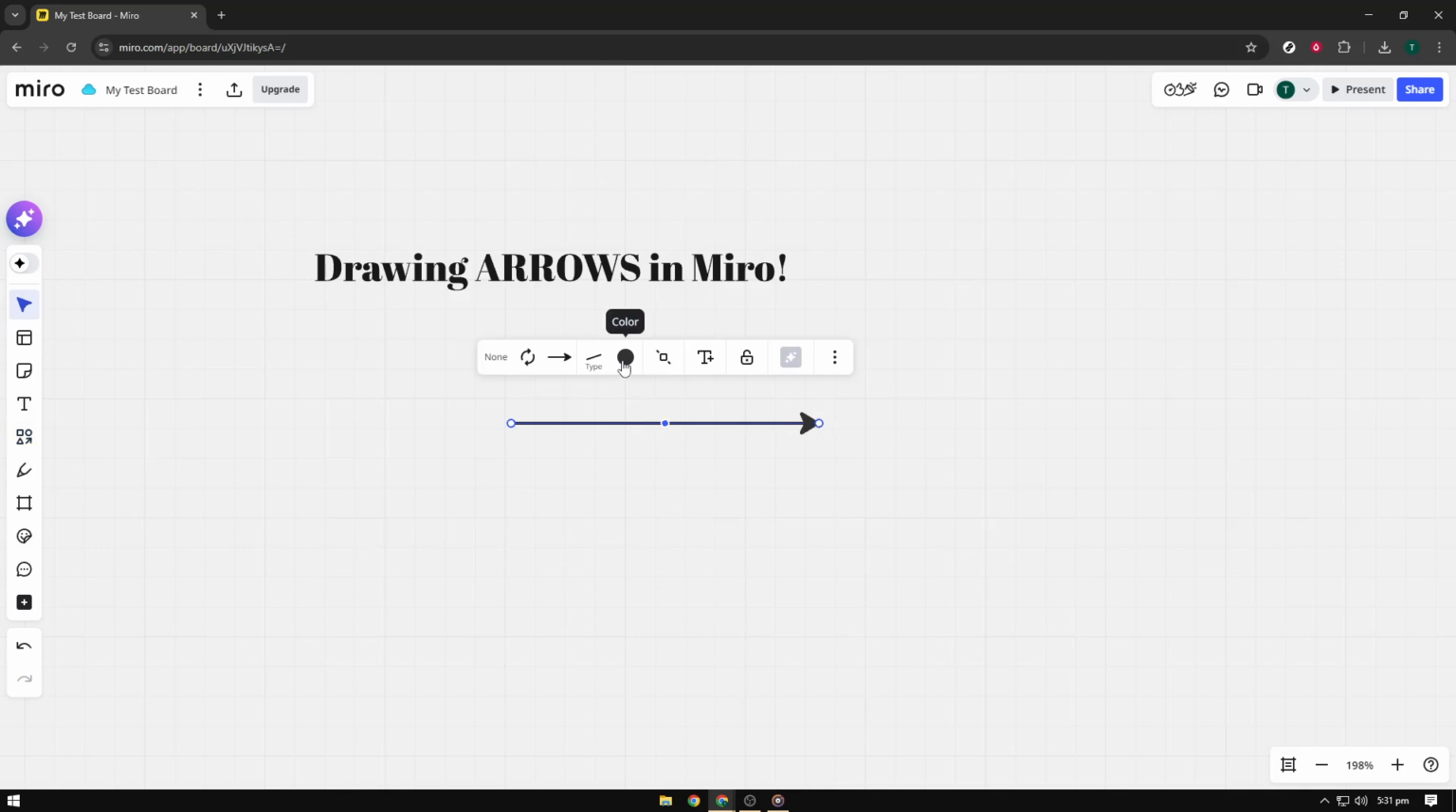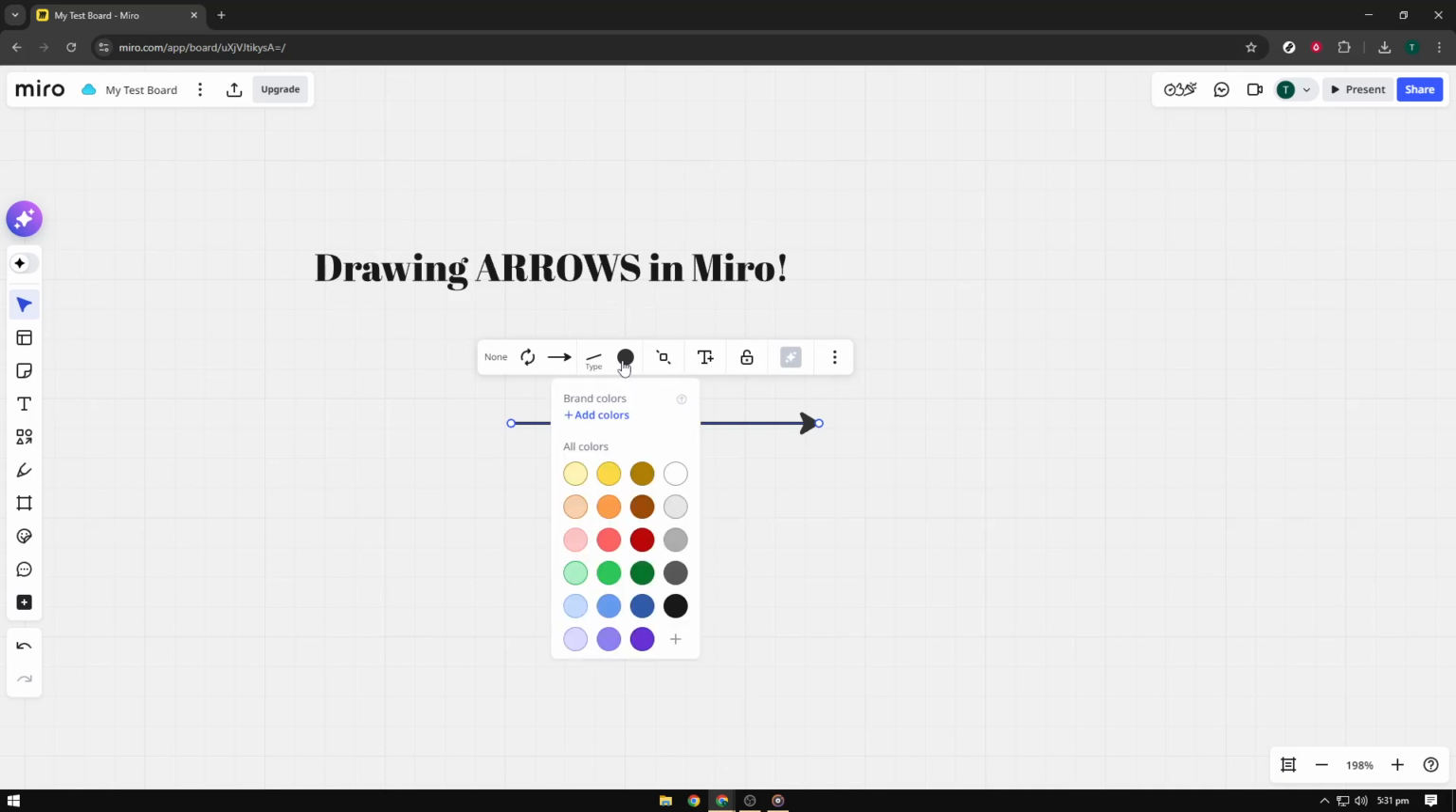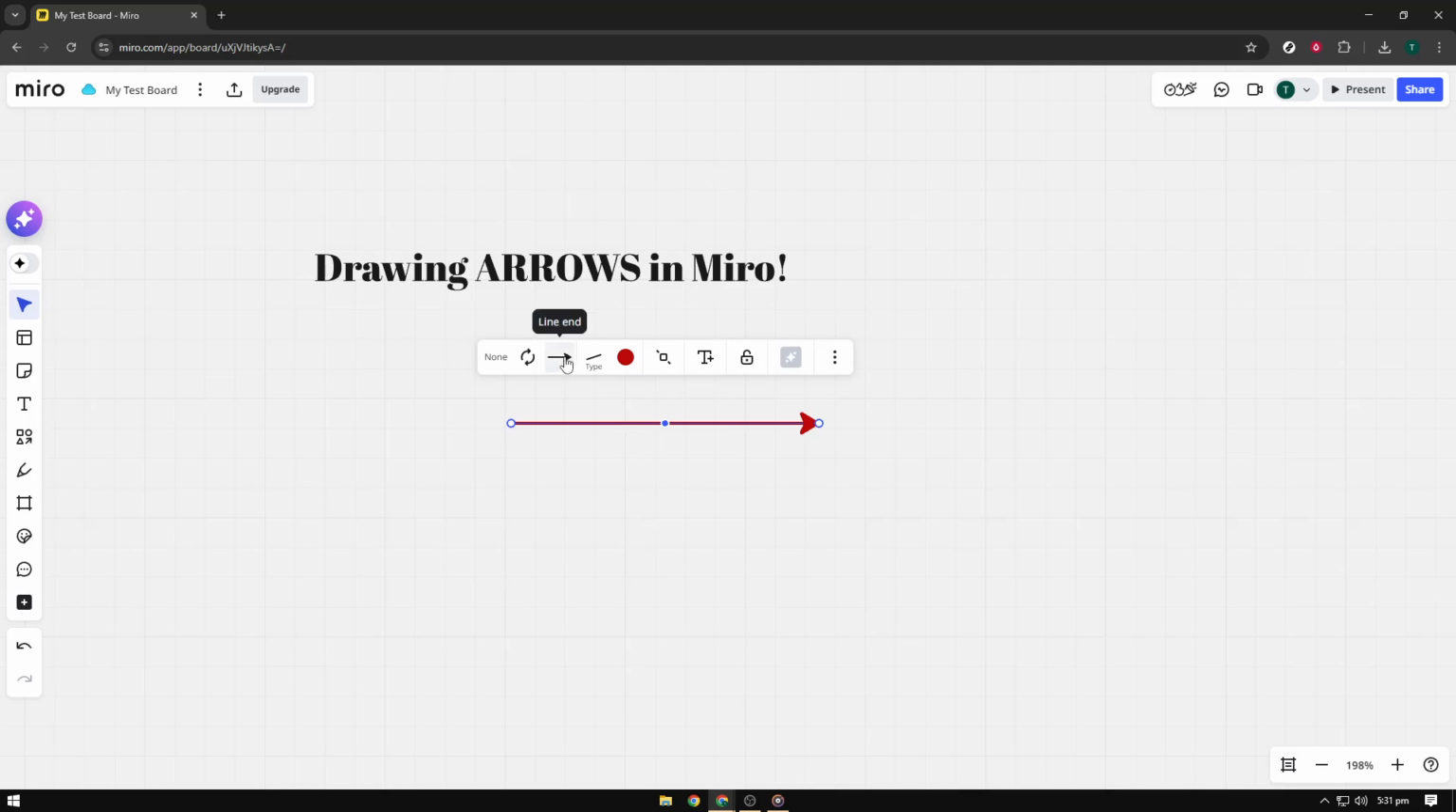A wonderful feature of Miro is its customization options. Very importantly, you can change the color of your shapes and connectors. This is a fantastic way to categorize different sections of your board visually or highlight certain areas for emphasis. To change colors, simply select the shape or arrow, and a menu will appear allowing you to choose from a